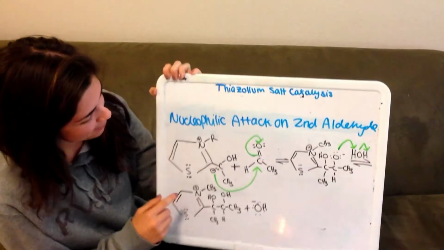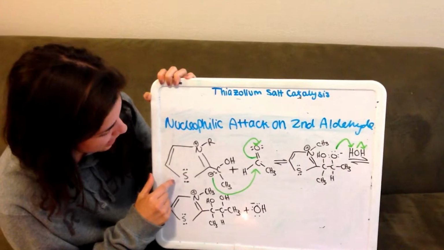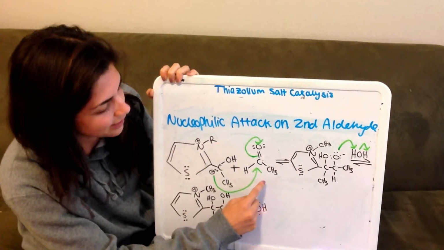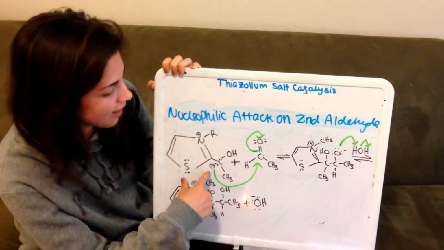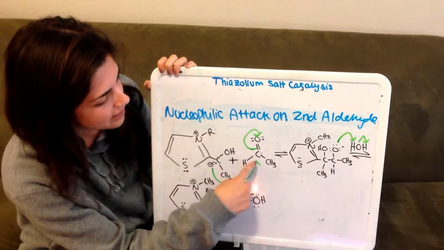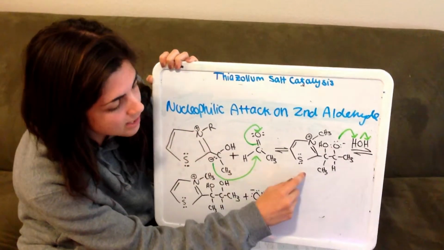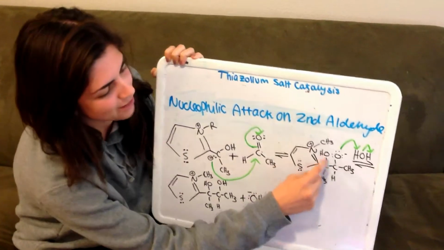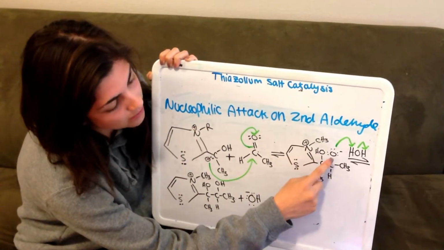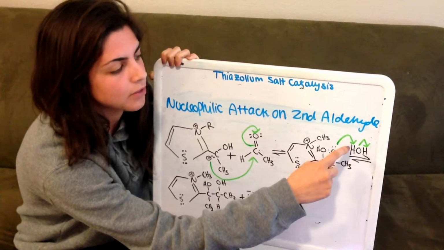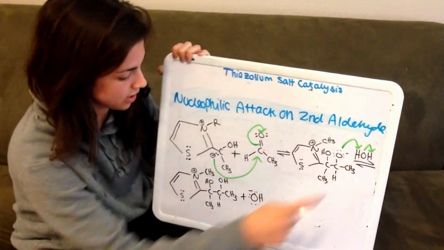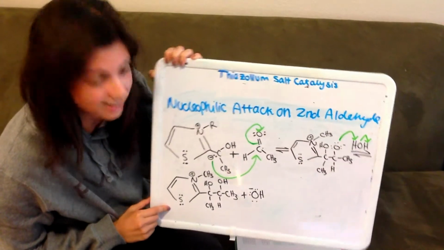So here we have the acyl anion from the previous step, and it's reacting with the second aldehyde, and the acyl anion acts as a nucleophile and it attacks the electrophilic carbonyl here, and then it forms this intermediate where once again we have an unstable oxygen. So this oxygen attacks the water group that we formed, and it pushes off a hydroxide and results in this